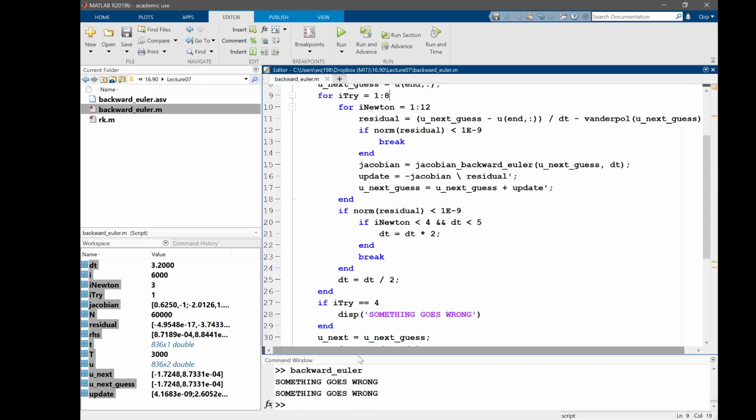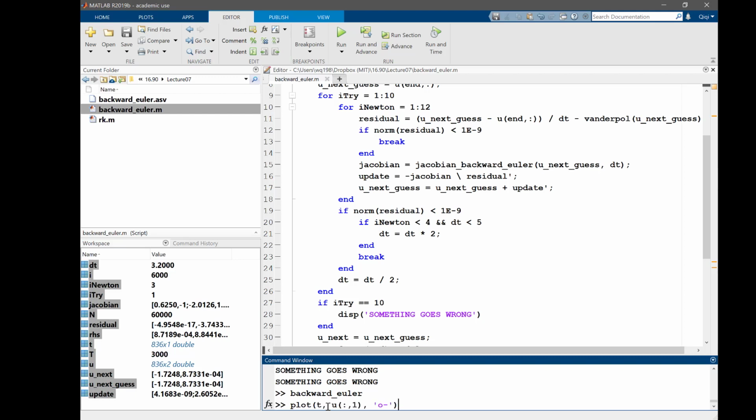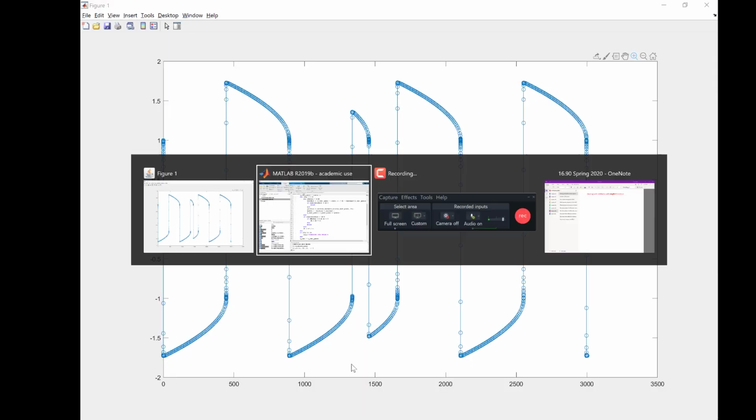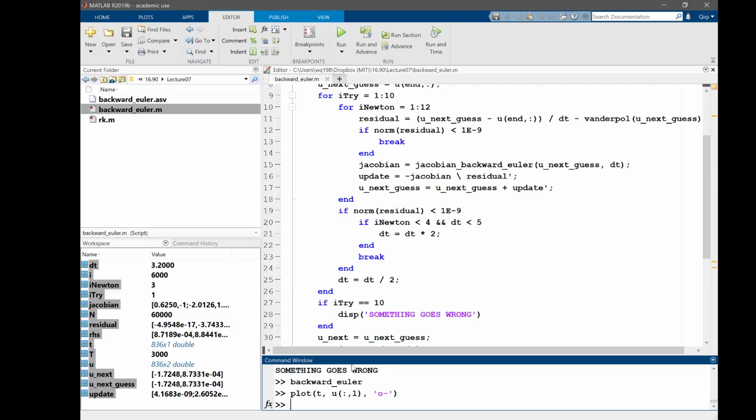Let's do this again. Okay, so there are some cases where 8 is not even enough. Let's try 10. Huh. Your if statement is only to 4. Oh, yeah. My if statement is only to 4. So, right. Let's do this. Right, nothing goes wrong this time. And let's plot it. Right, so it doesn't seem to change much. Yes. So if you were increasing